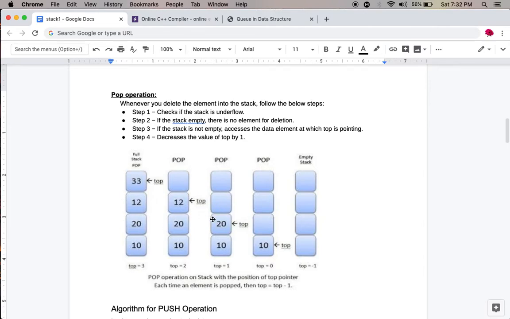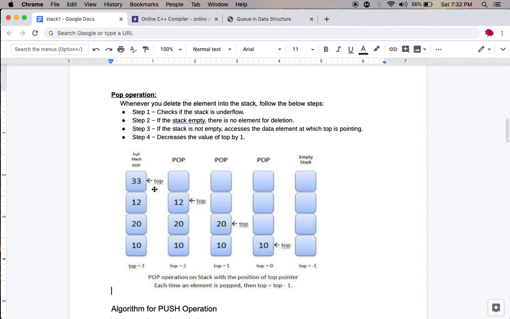Now see this example. Here the stack is full and the top points to 3. That means the top is at the last index position; 3 is the last index position. Whenever you perform the pop operation, it deletes the element at the top of the stack.